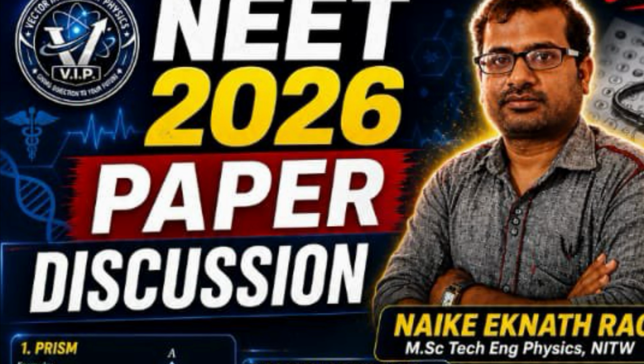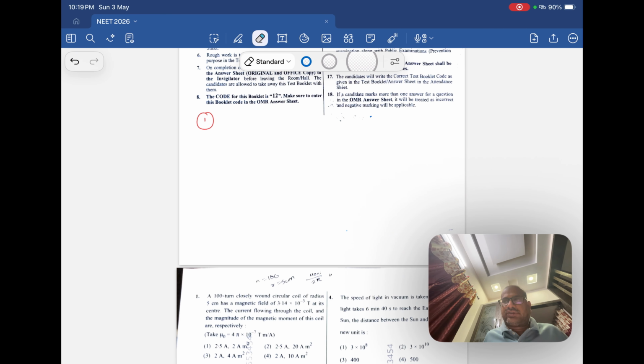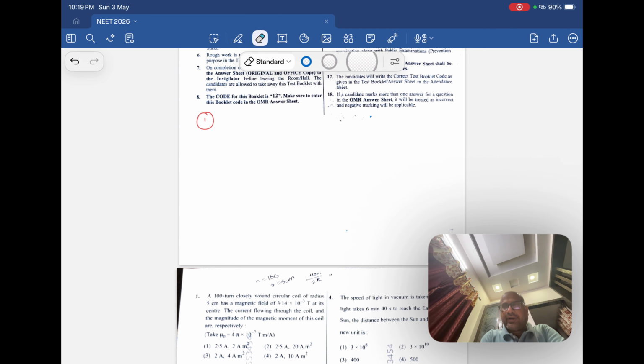Let us have today's NEET discussion and analysis. If you see, the physics paper was easy to moderate. From the student point of view, anyhow you have to solve 45 questions. You can say there were lengthy calculations in only one or two questions. So the paper, you can say, is